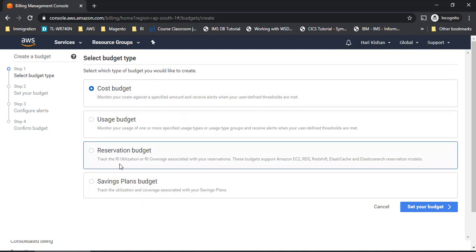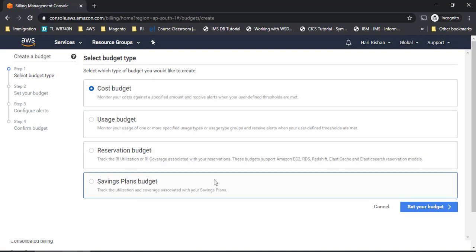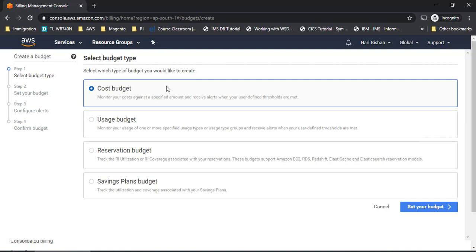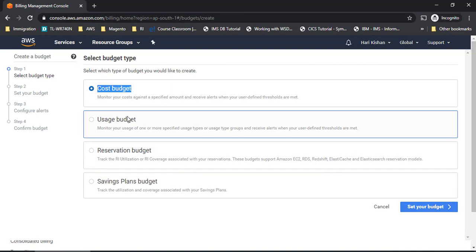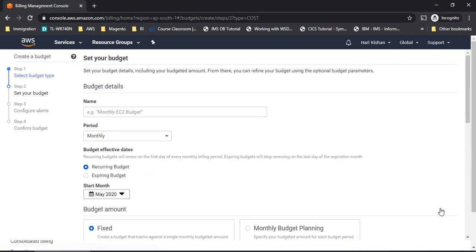And this is a cost budget. There are different budgets here. We are not going to discuss more about these 3 for now. The important topic is to go for a cost budget. We'll go with these 3 budgets later. Now let us set up a budget for our usage. So I'll call this, you can call it, Monthly EC2 Budget. If you are using only EC2 as a service, you can keep any name here. I'm going to say Learning AWS in detail.